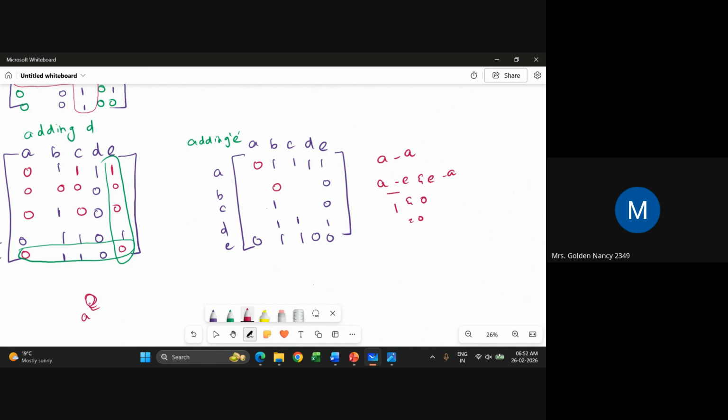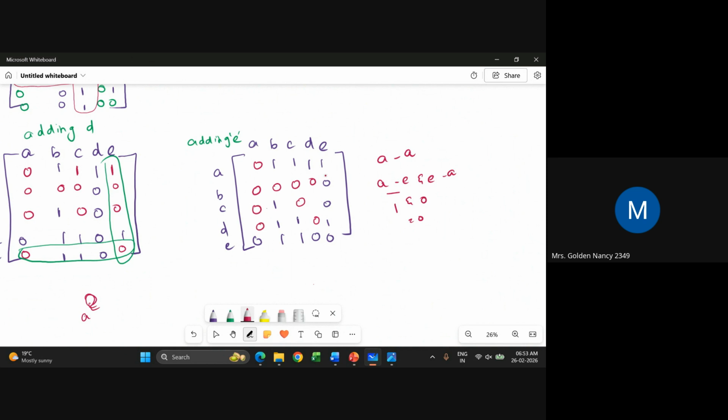B to B will be 0, C to C will be 0. Even adding a vertex in between, it will not give a direct path. Similarly, if I fill this table,